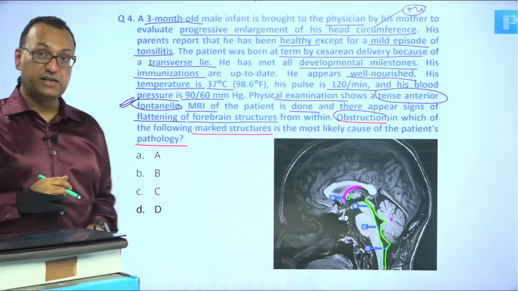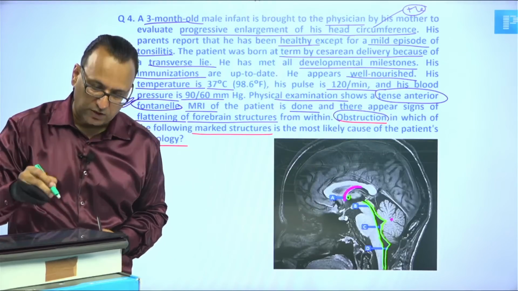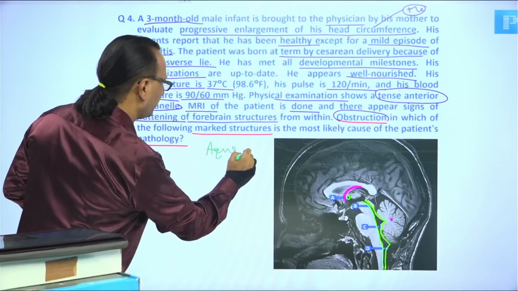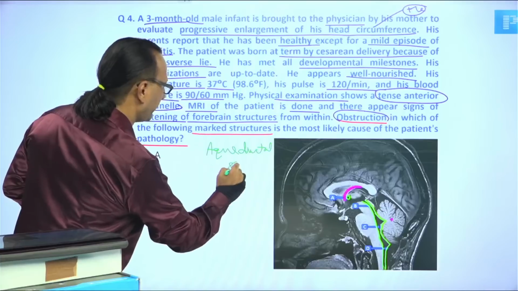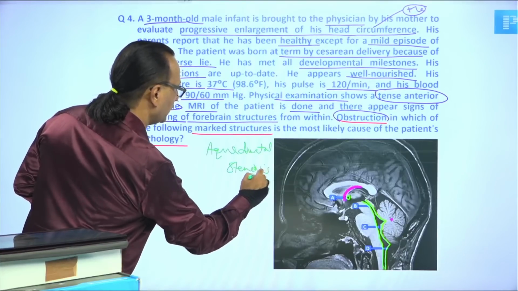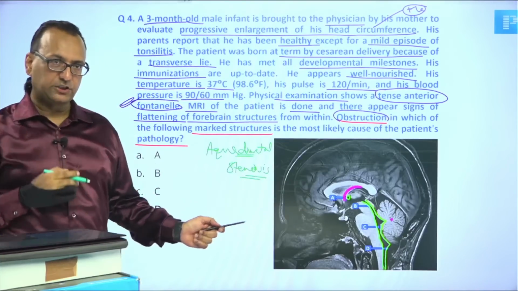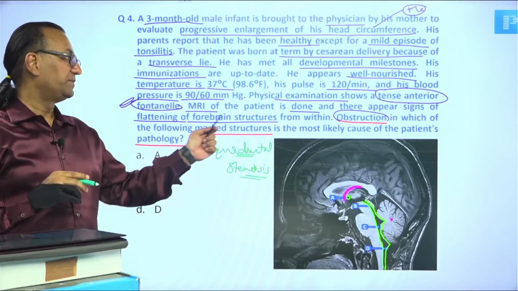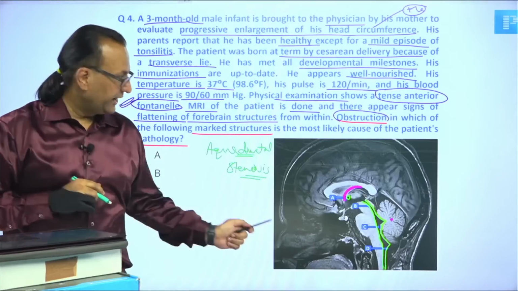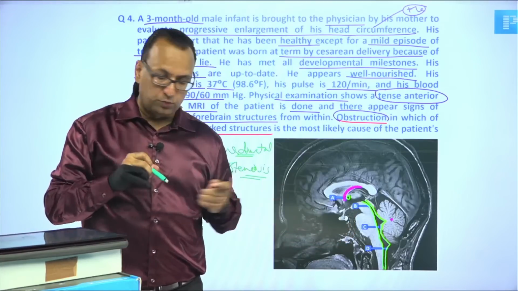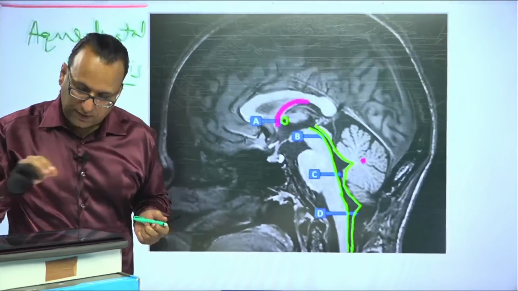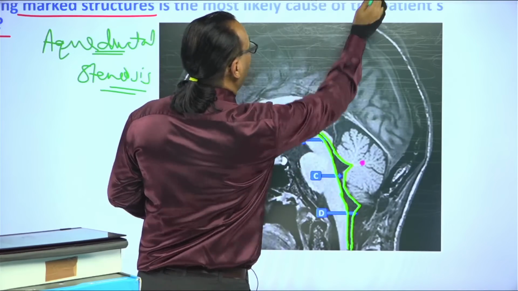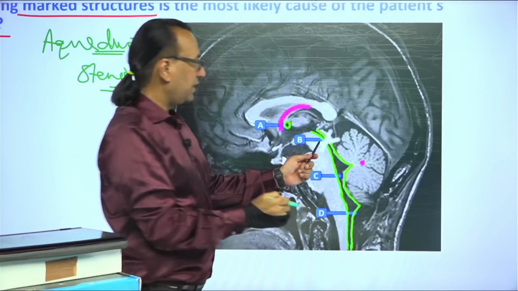So, though it is not a very common case, it is a case of aqueductal stenosis. This is a case of aqueductal stenosis, because it is the aqueductal stenosis which will lead to hydrocephalus, internal hydrocephalus, and flattening of the forebrain structures. Where is the aqueduct of Sylvius? It is in the midbrain. If you block it, let me zoom this diagram and you can see for yourself. If I am having a blockage at this level, then obviously